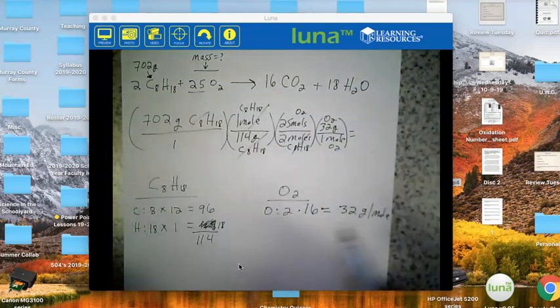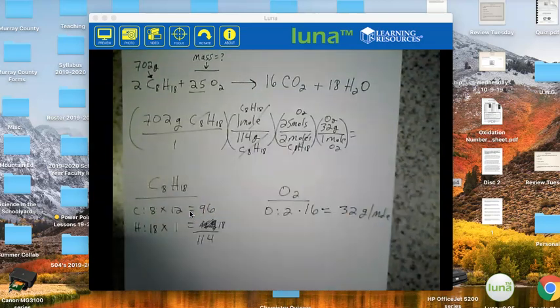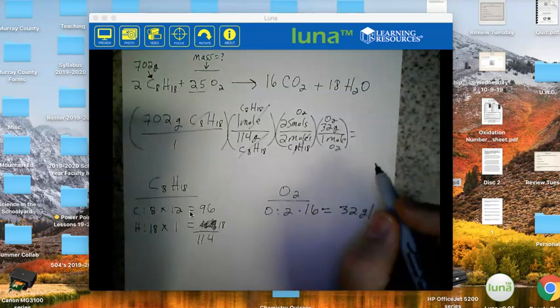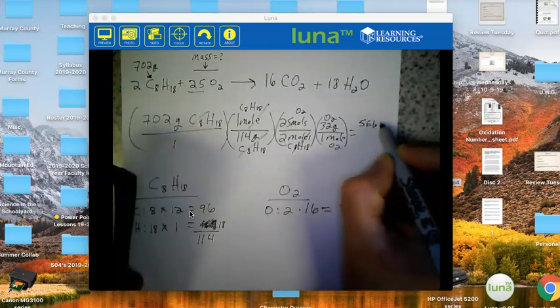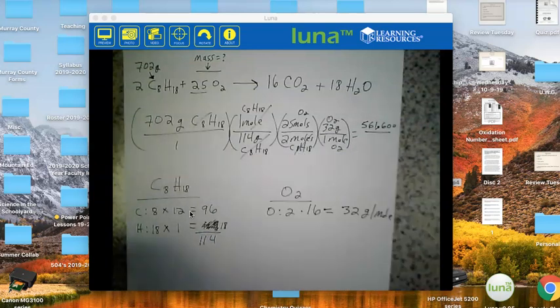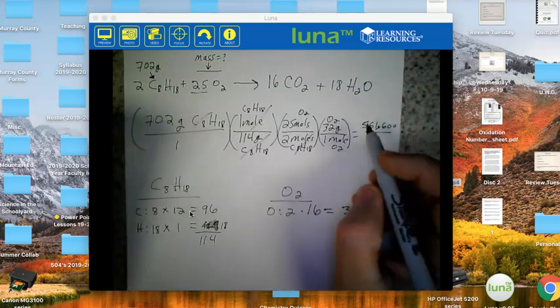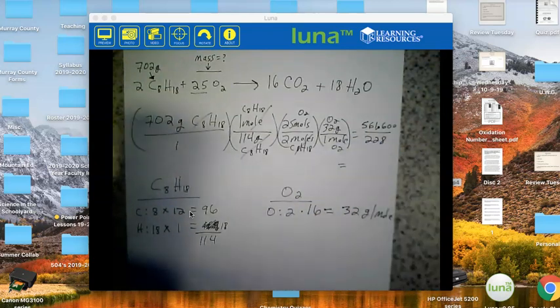Okay. Alright, so now I need to do the math here. So I'm multiplying 702 times 1 times 25 times 32. And when I do that, I get 561,600 over 1 times 114 times 2 times 1. And that is 228. So when I divide,